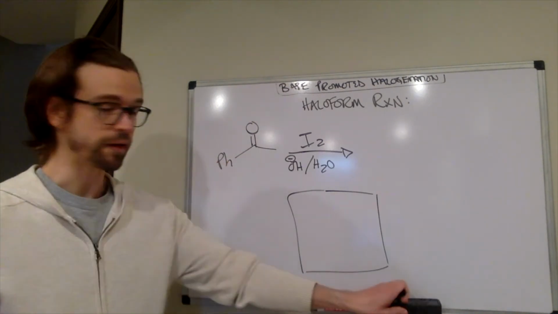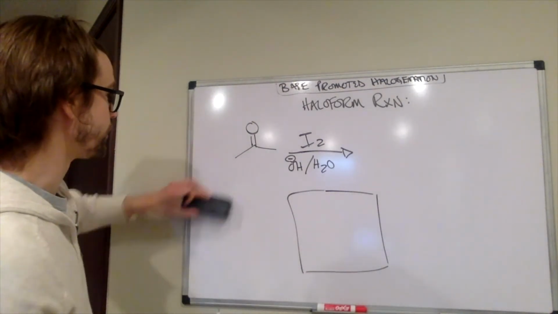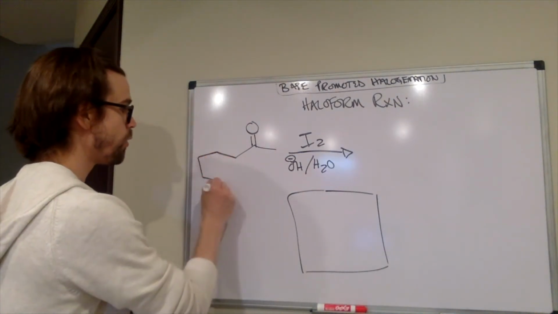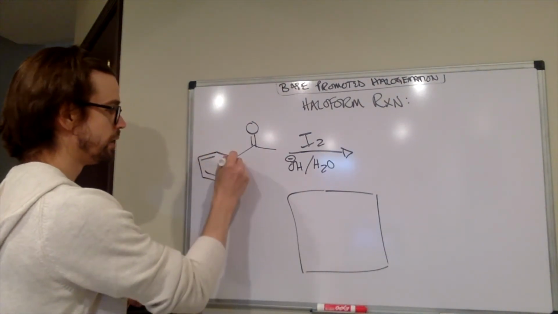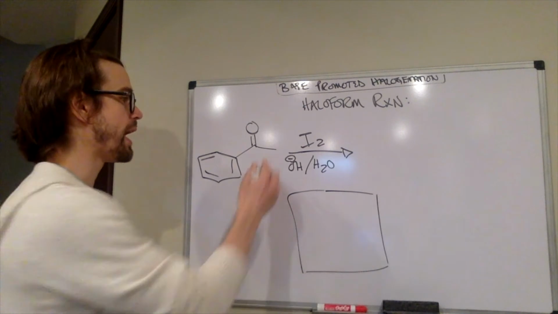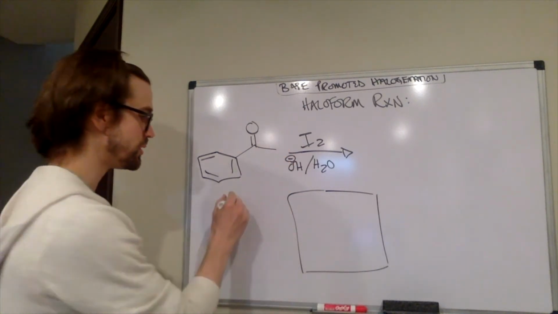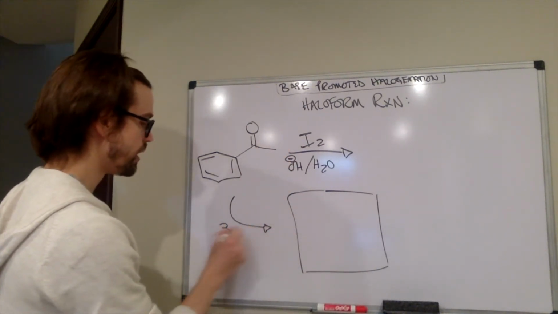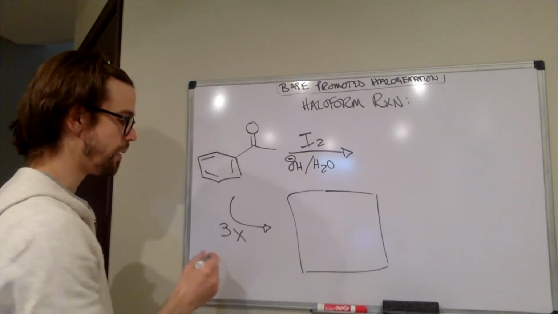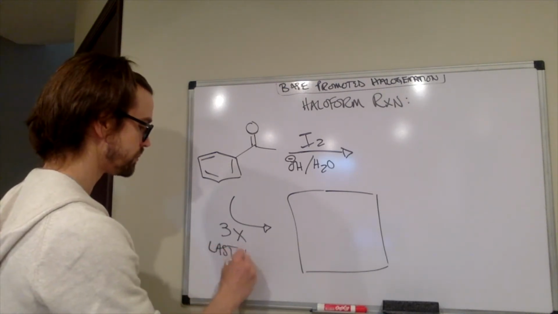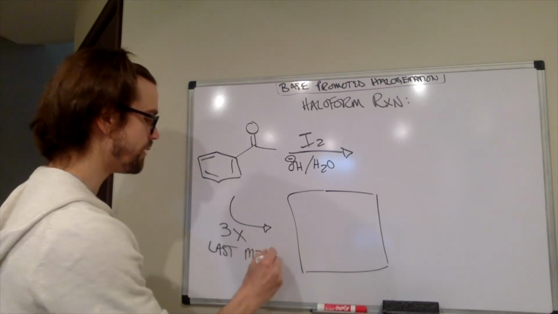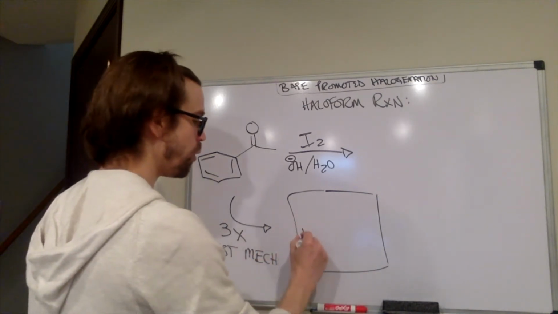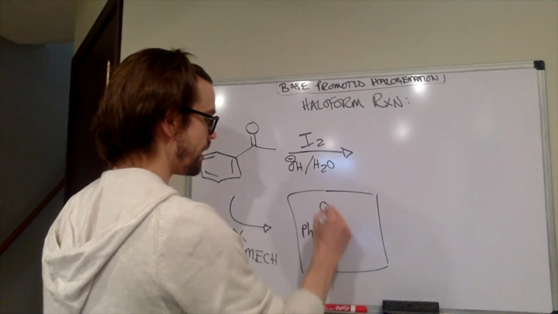This is a phenyl ring. I'll draw it out like I have it in the course notes. There is no hydrogen in this position, so we only have this side to add the halogens to. So essentially 3 times the last mechanism provides what I would hope you guys would be able to predict after that,